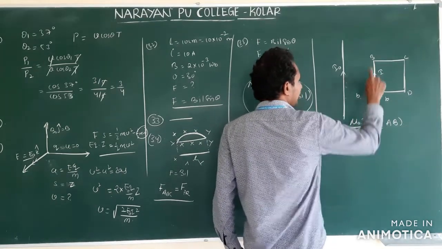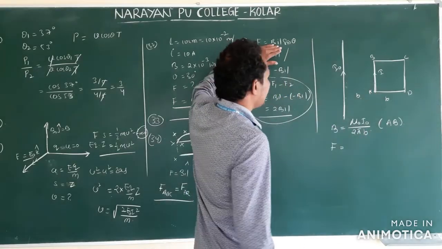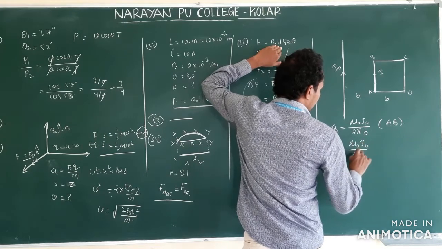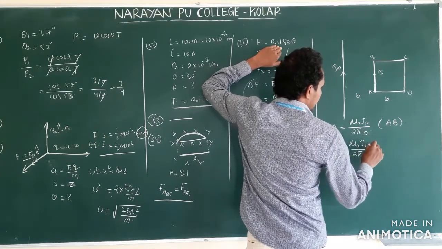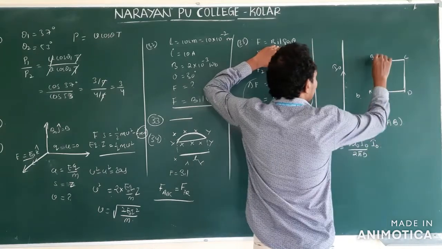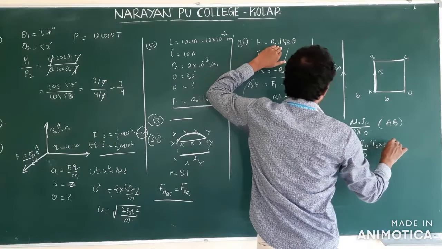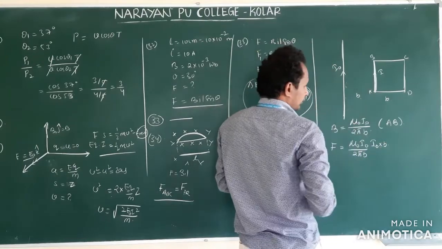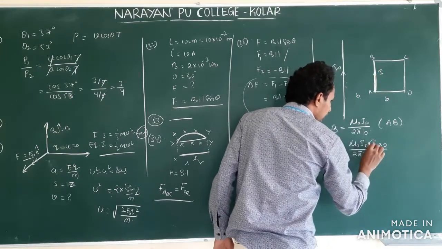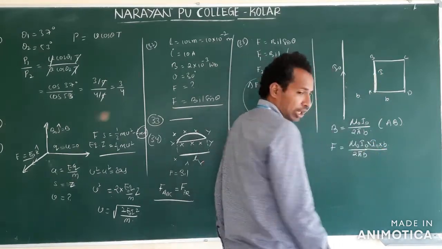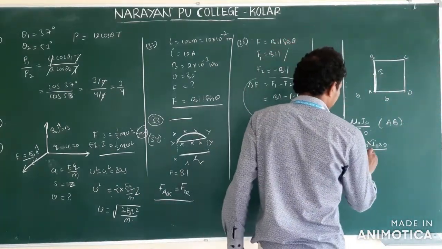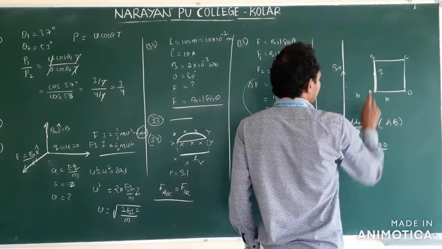Force experienced by this conductor follows the formula BIL sin theta. B is mu naught I naught by 2 pi B, I is as it is. Clear? What is the length of the conductor? Again it is B. This is acting perpendicular, then this is the force acting. This current is not I naught, you take it as I. Okay? Is B there in the options or not? It's there, so keep it like this. This is on this conductor.